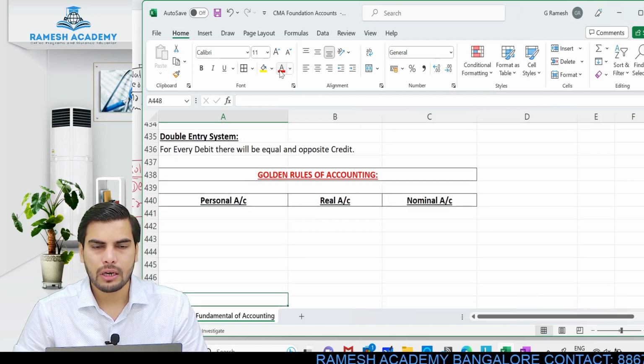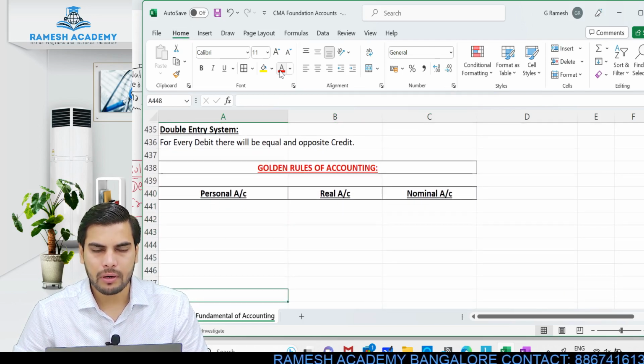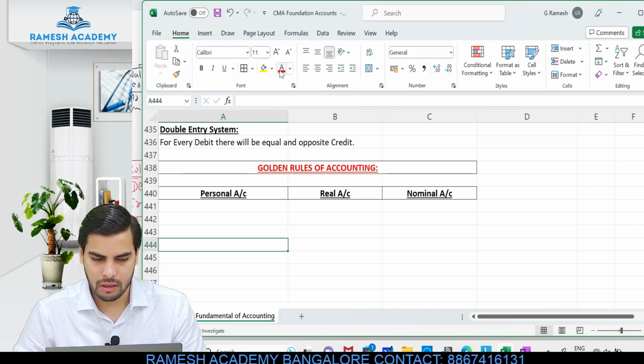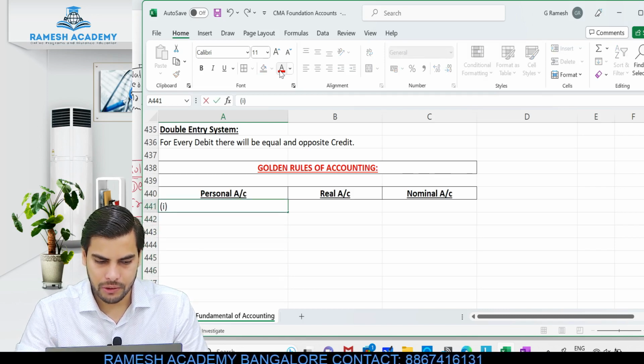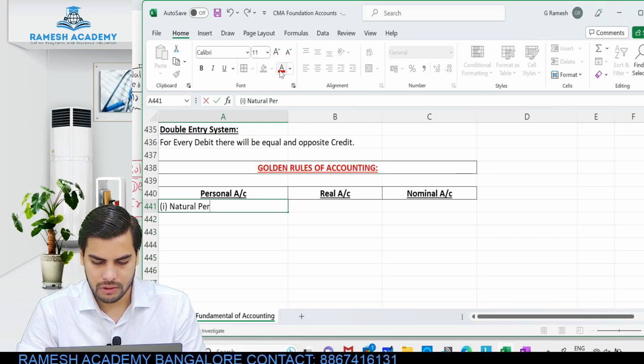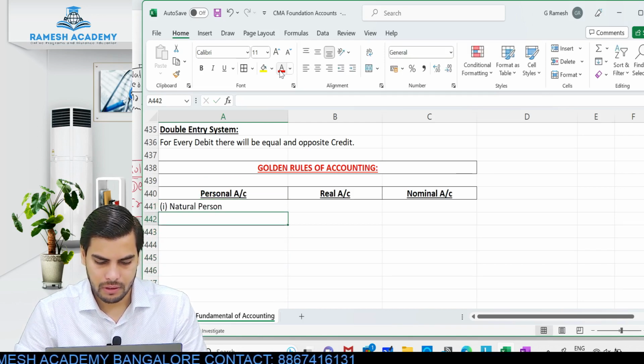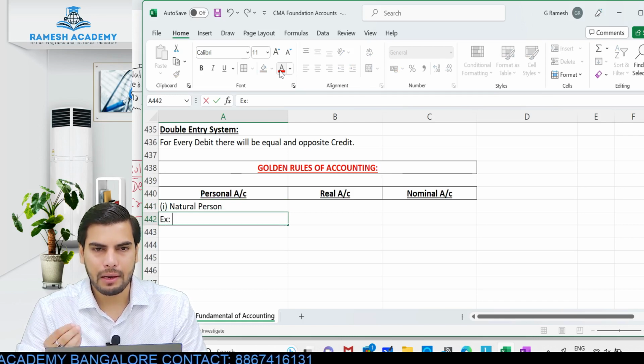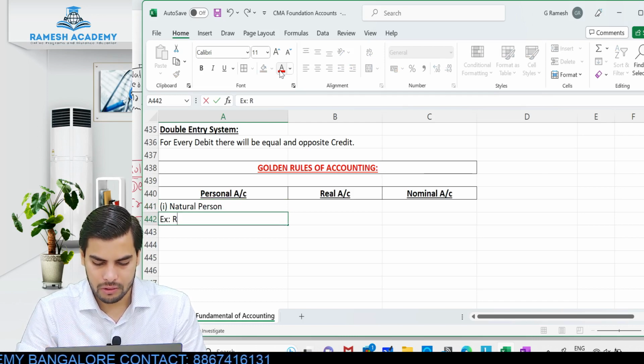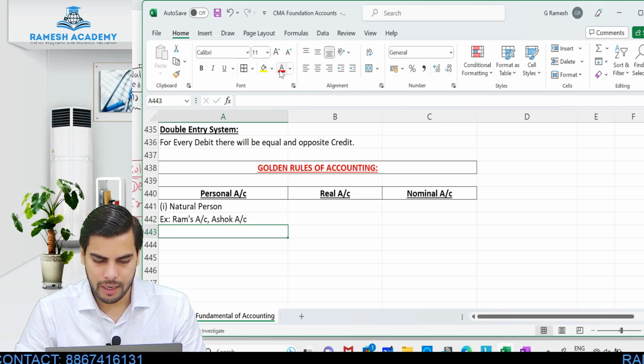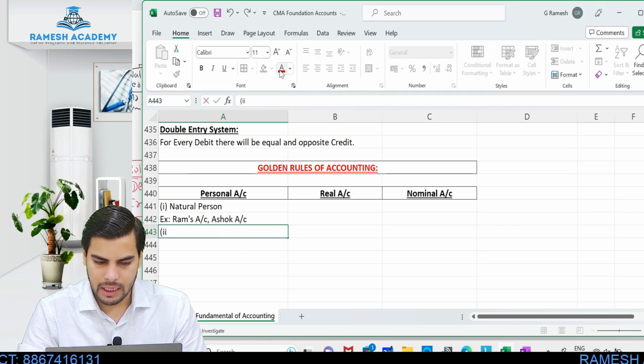So what are personal accounts? Personal accounts are nothing but those people's accounts. It can be a natural person, artificial person, or representative person. Here this can be further classified. Natural person would mainly be people like you and me who have got life. So Ram's account, Ashok's account, any person for that matter. Clear? And then the second thing would be